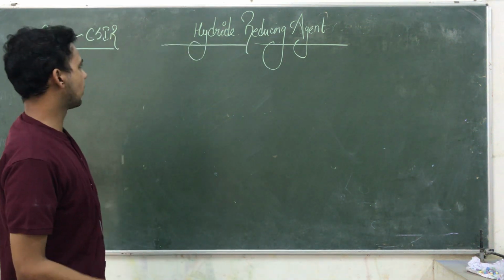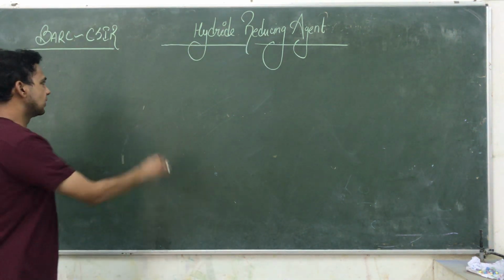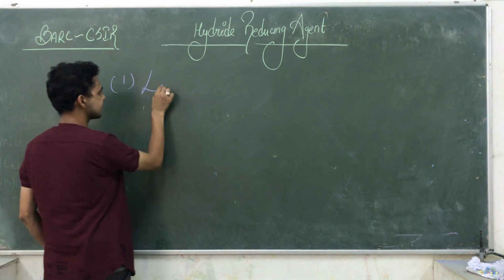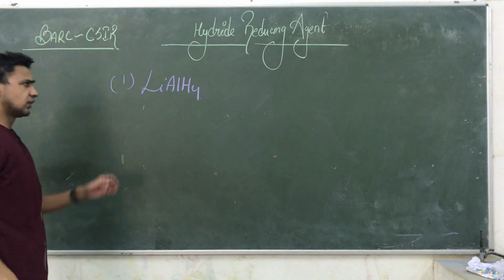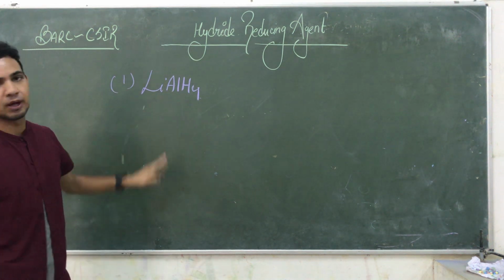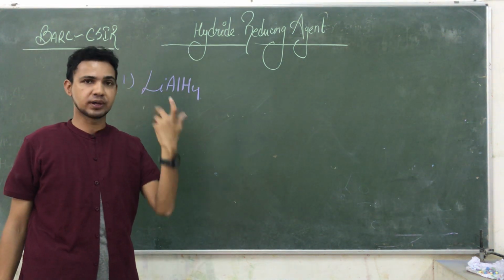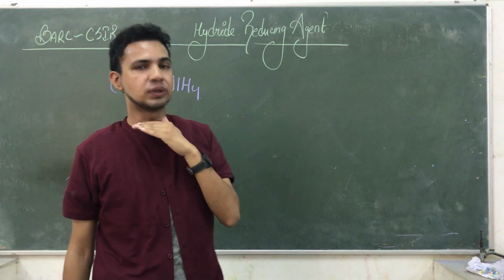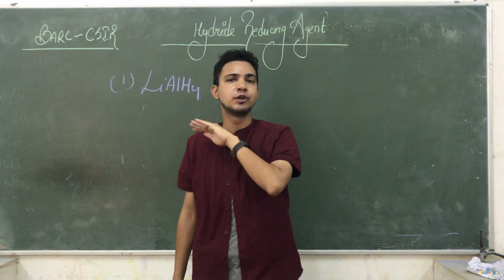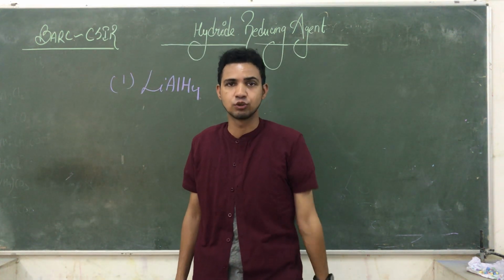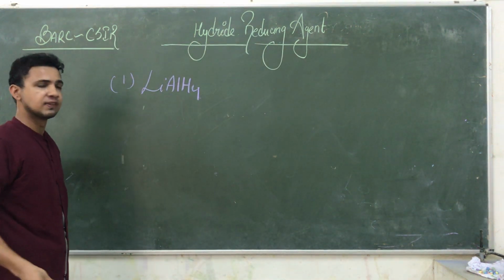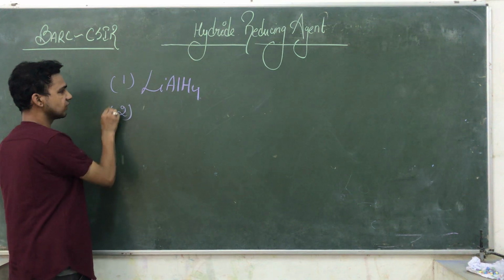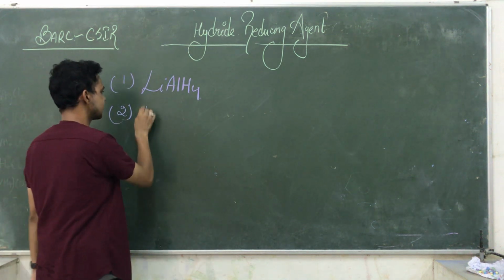Talking about the hydride reducing agents, the first one is LiAlH4. You know very well that lithium aluminium hydride has its own importance. It is generally a strong reducing agent and reduces each and every functional group. Today we are going to study about those functional groups. The second one we are talking about is